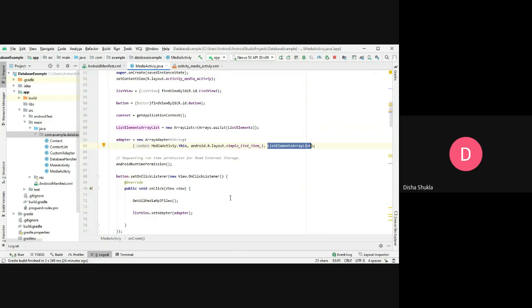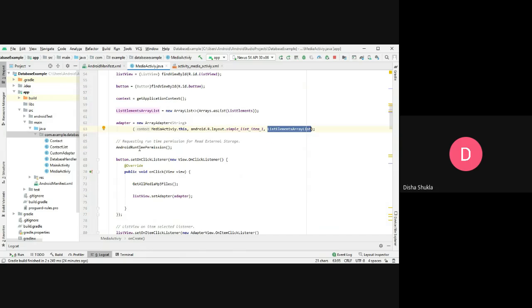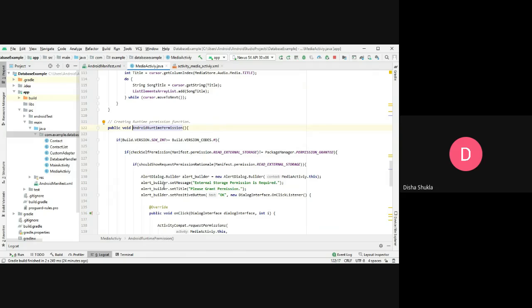Now, starting with this thing, this is the method that you need to implement whenever you are coding for the versions that are greater than Marshmallow. See, before Marshmallow you just simply needed to put the uses-permission inside your manifest file, but after the versions of Marshmallow and including Marshmallow, you need to provide a runtime permission.